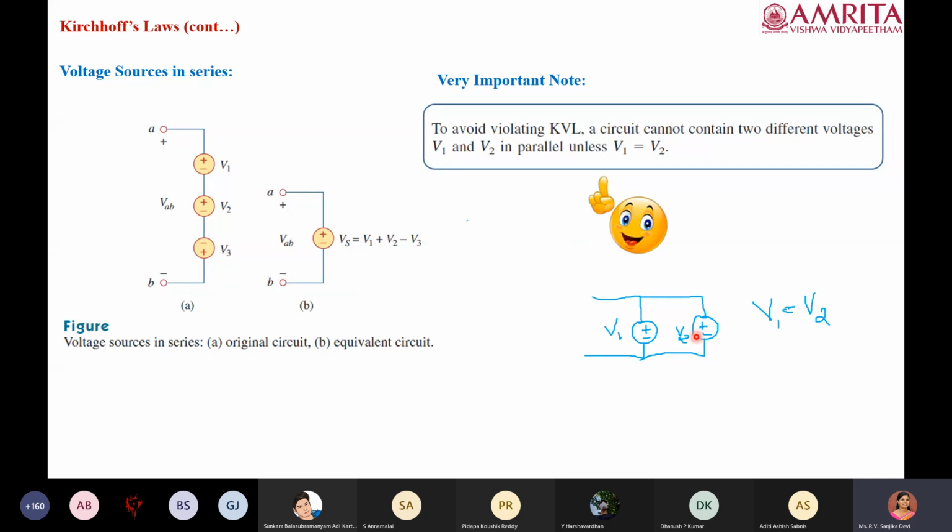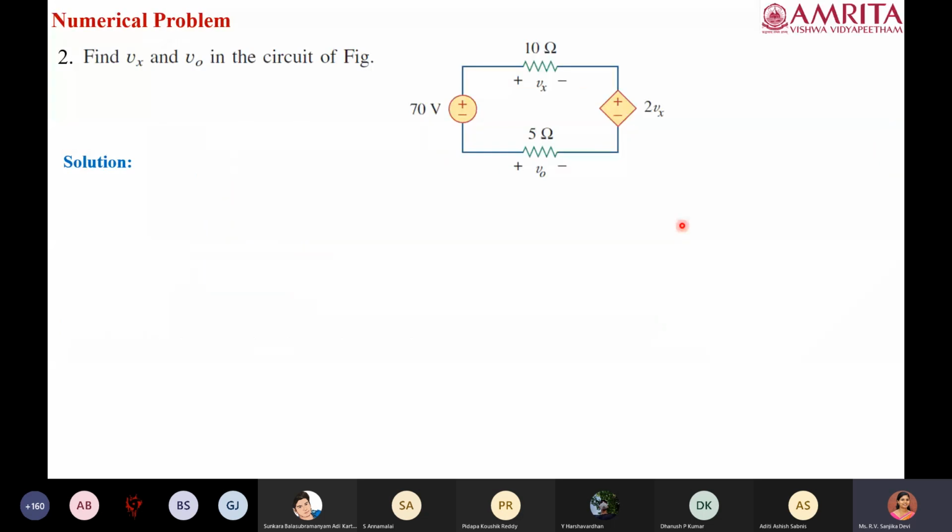So now we have seen the two fundamental laws for circuit analysis. One is called Kirchhoff's current law and the other is called Kirchhoff's voltage law. If you are thorough with these laws, then we can do any type of basic circuit analysis. Okay, and we will see how to do a circuit analysis for a simple numerical. So let us consider a circuit which is given in the diagram, and for this circuit we are going to find what is Vx and what is V0. Okay, so take down this numerical. We will apply the basic KVL or KCL and analyze this circuit and find Vx and V0.